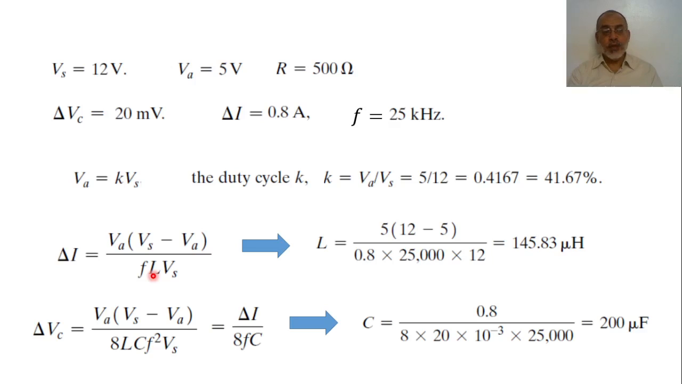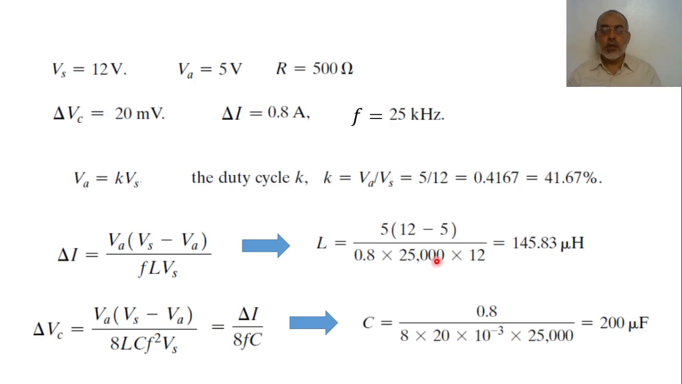But actually, the givens here are Vs and Va. And already we have obtained the value of K. So instead of using K, and maybe we are wrong, we are going to use the already given values. So Va is 5, Vs 12 minus 5 over delta I. This is the required value of L, so we can take L here and delta I here. So delta I is 0.8 multiplied by the frequency 25 kilohertz. 25 kilo is 1000, so